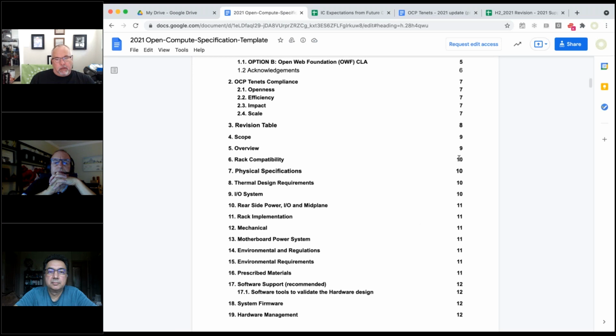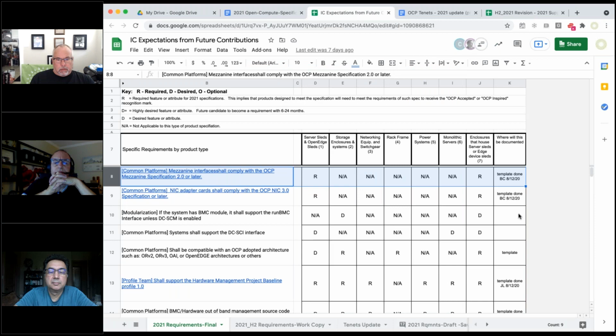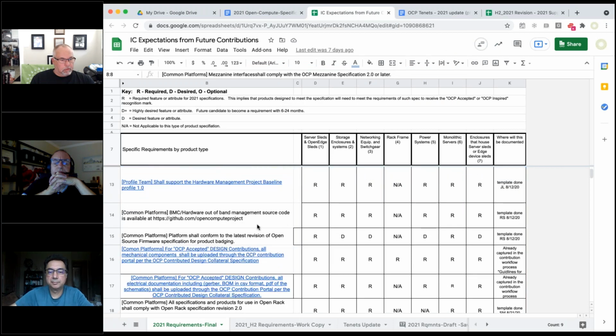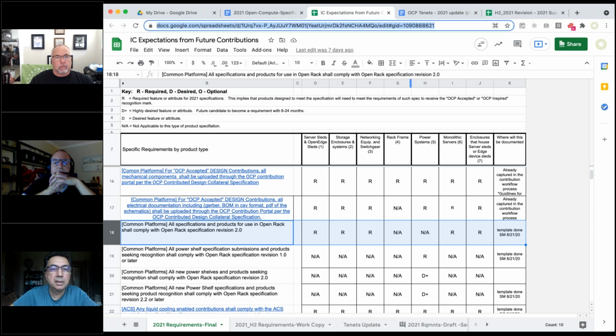Well, if I go look at rack compatibility, would somebody please put these couple of links in the chat box so we can maybe play with them? A link to this spreadsheet and a link to the spec template, please. We'll do. Bill has already put the link to the first spreadsheet.